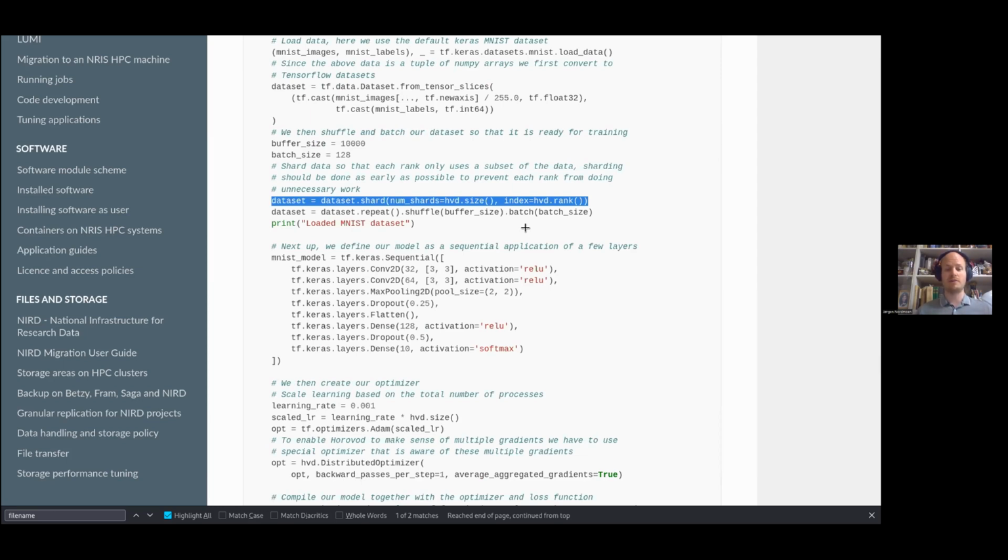You see that we use a special function in TensorFlow called shard on the dataset, and that basically tells TensorFlow that we want to use only a small partition of the full training dataset on each rank. Here you can see that num_shards is set to Horovod size, so the number of ranks in total, and the index, or the slice that we want to use in the current rank,